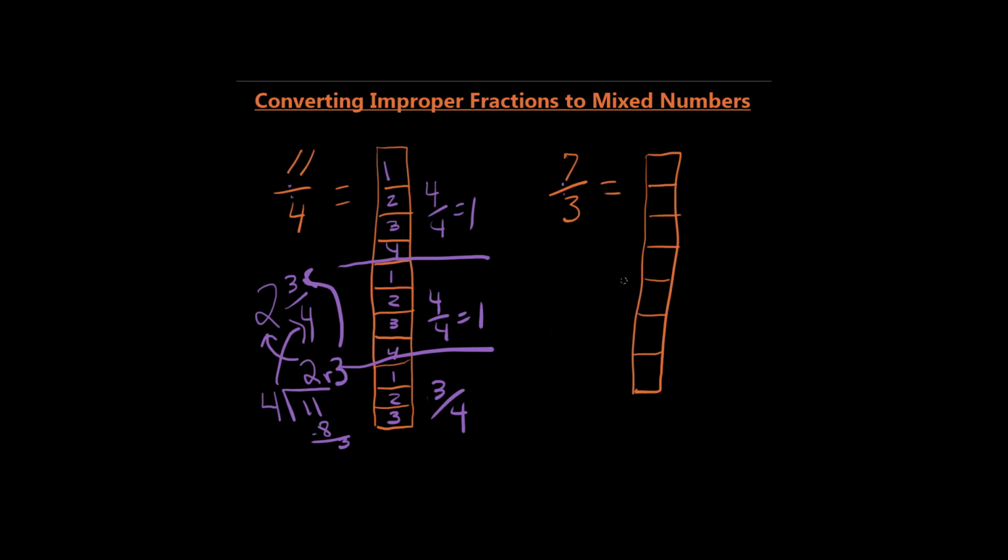Okay, let's look at a second example. 7 thirds, or 7 divided by 3. So this time I'm going to count by 3s. 1, 2, 3. So there's 3 over 3, or 1 whole. 1, 2, 3. There's 3 out of 3, or our second whole. And then 1 out of 3, 1/3. So the answer to this, 7 thirds, is equal to 2